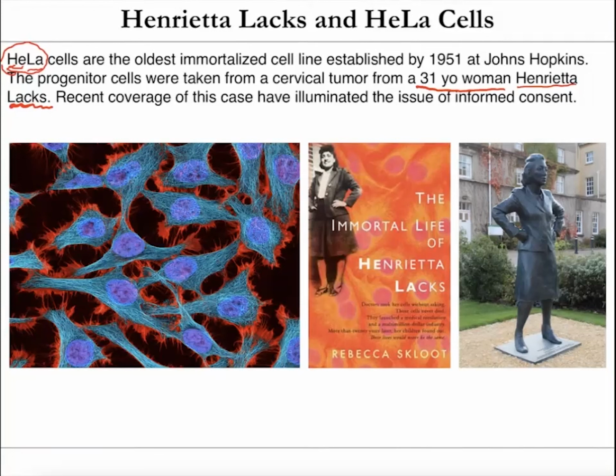However, this book was released pretty recently, within the last 10, 15 years, called The Immortal Life of Henrietta Lacks, where this woman, Rebecca Skloot, actually investigated where these cells came from, and she sort of uncovered this entire story of Henrietta Lacks. And she went and talked to her family, and they had absolutely no idea that their grandmother's cells were being used in all of biology and biochemistry. So it's a really interesting story, and it brings up a ton of different bioethical issues, basically, all revolving around informed consent.